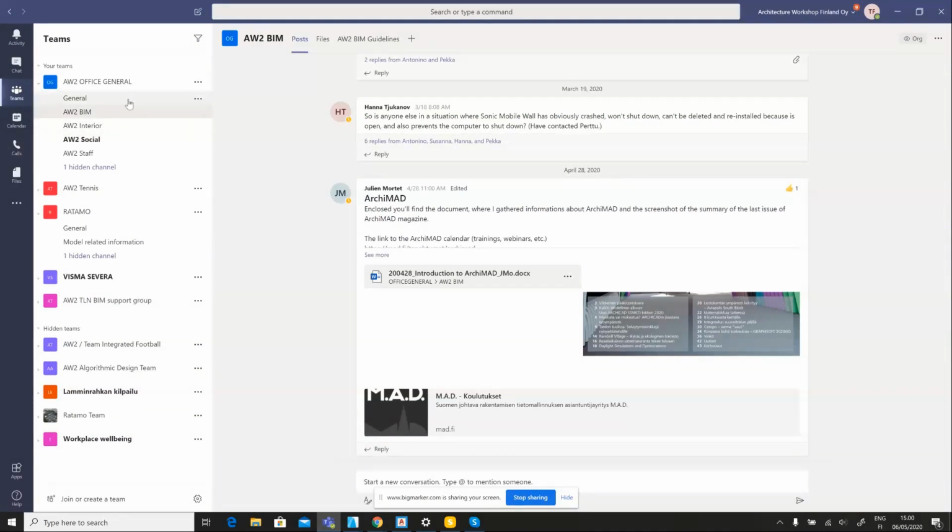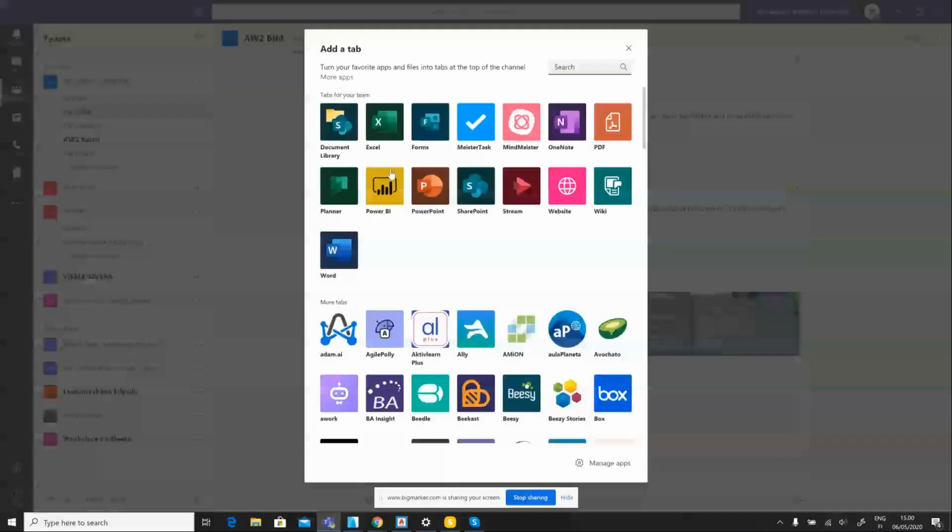if you're managing a group of any sort, you can just come in here and choose which group it is that you want to add the task manager to, and then you can come in here and click on add a tab, and then scoot through the tabs that they have available, and Planner is the one that we're after. So click on Planner,